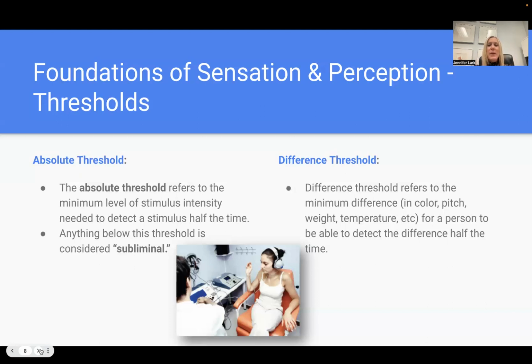So threshold theory basically says there is a minimum level of stimulus intensity that needs to be present in order for our brains to register the fact that that stimulus is in fact in our environment. Anything below that, we are not going to actually pay attention to or perceive. And so it might be affecting us, but at a subliminal level. So for example, when my husband and I had our first child, oh my word, you guys, I was so sleep deprived because we would go to bed at night and then my child, obviously, because he's a baby, would just wake up screaming his head off, right?